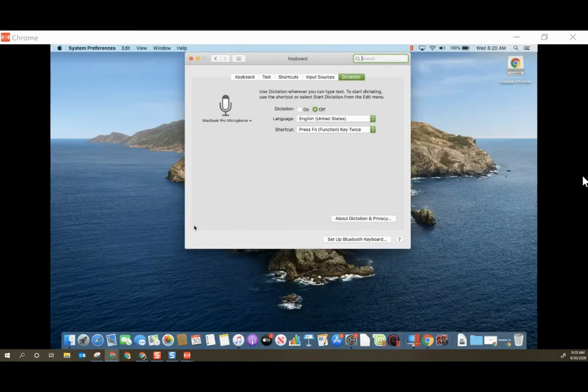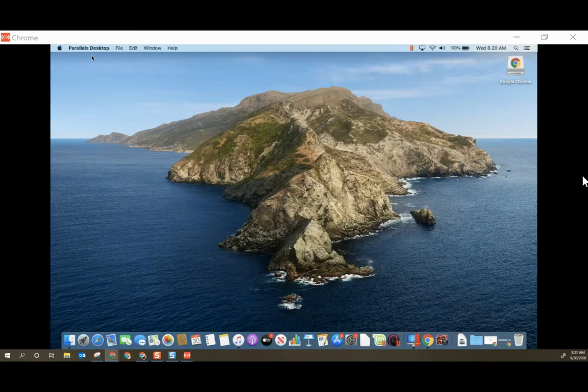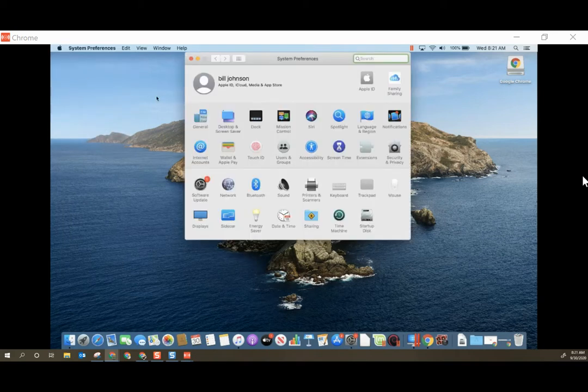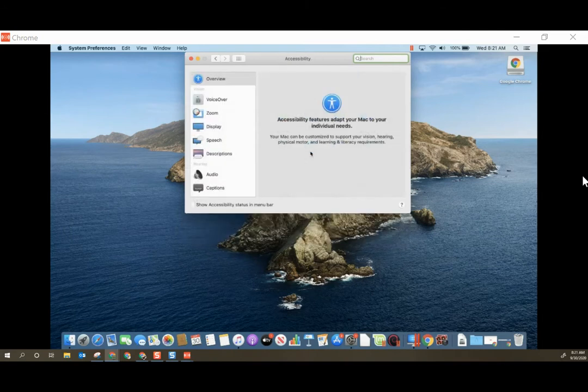In this next segment, we are within a Mac device running Catalina. On a Mac, the accessibility tools are also built in. In order to locate these tools, you'd want to click your Apple icon in the upper left and select System Preferences. Once you've selected System Preferences, you will either locate accessibility, and when I locate accessibility, I can scroll down